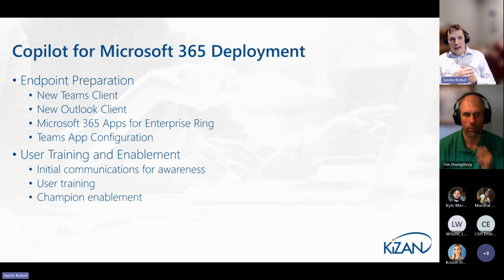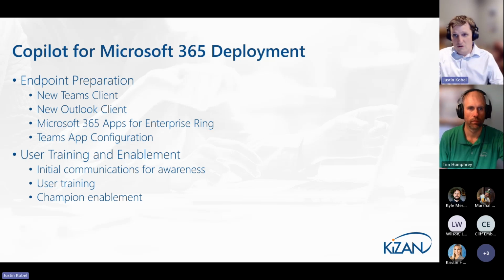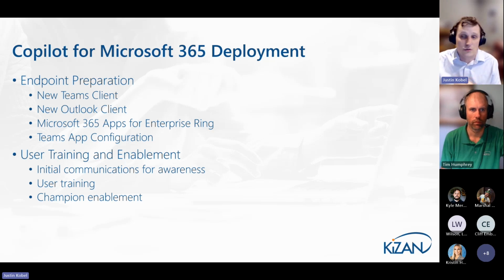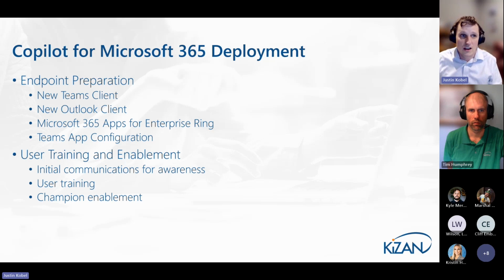Just as important, and perhaps more important than the endpoint preparation, is user training and enablement. For those of us that have been playing around with large language models for a few years, this might feel like basics, but a lot of folks are just going to need some coaching on how to interact with Copilot. It's not like a search box inside of google.com where you just type in "turkey recipes" and it gives you back 5,000 items, right? I've heard folks describe it as: when you're talking to Copilot, think that you're talking to an intern. Give it way more context than you think you need to. Don't ask it about SharePoint. Say, "Hey, on this site in the past 5 years, can you pull for me all Kaizen pro quals that happen to have consultants that have worked on SharePoint 2016 upgrades?" You're going to get a much more comprehensive result set writing perhaps a sentence to Copilot than just typing in "SharePoint resumes,"